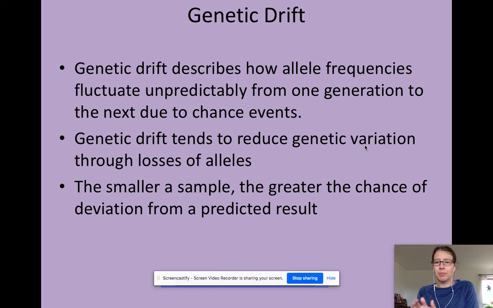And so, just by chance, just like flipping a coin, some individuals might end up surviving that have a higher frequency of one of the alleles that we're looking at in particular. And so that can start to reduce genetic variation. You can start to see a change in the allele frequencies just due to random chance. And of course, the smaller the sample, the greater chance that has of affecting the overall allele